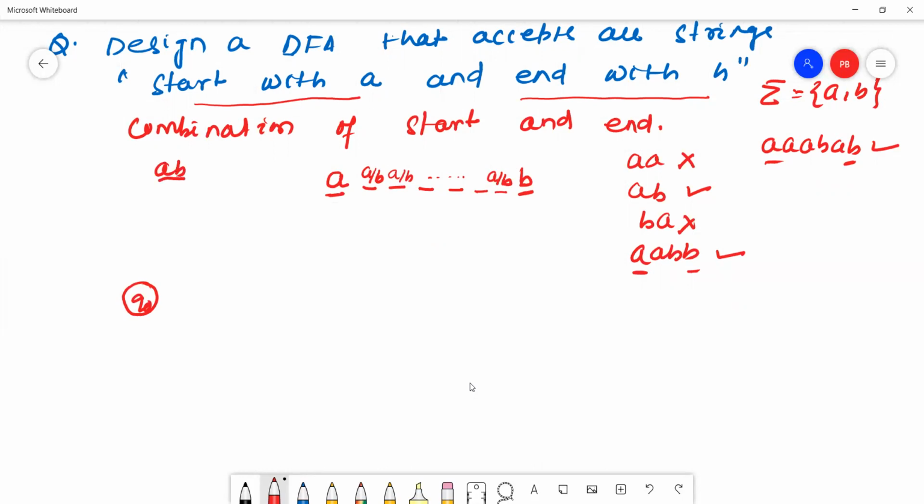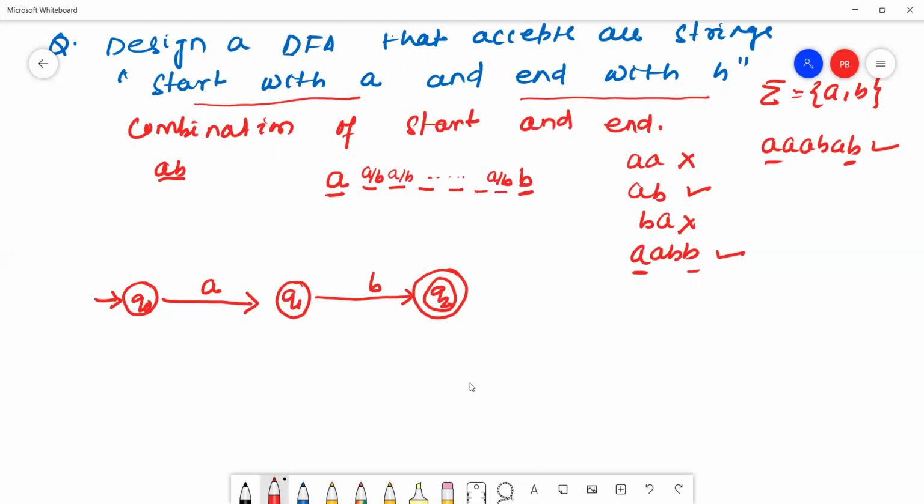The minimum string is AB. Q0 is my initial state, reads A and goes to Q1, then reads B and goes to Q2. This string starts with A and ends with B.